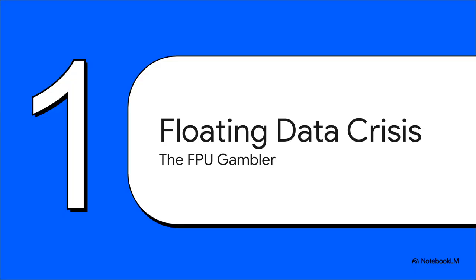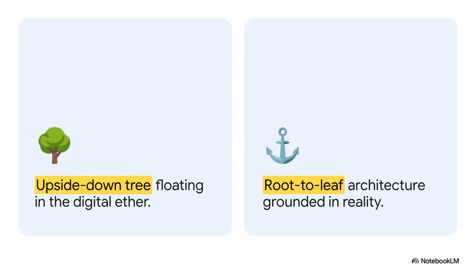All right, part 1. The floating data crisis. Let's talk about the FPU gambler. To really understand why we need a brand new architecture, we have to look at the massive clash happening in modern computing right now. See, centralized cloud AI basically operates as this probabilistic miasma. It relies on what the sources call the FPU gambler. Now, it's incredibly fast, sure, but it's constantly guessing. When you feed complex data into a system like this, it triggers what's known as a wood chipper effect, permanently destroying the exact original data provenance, just chewing it up.